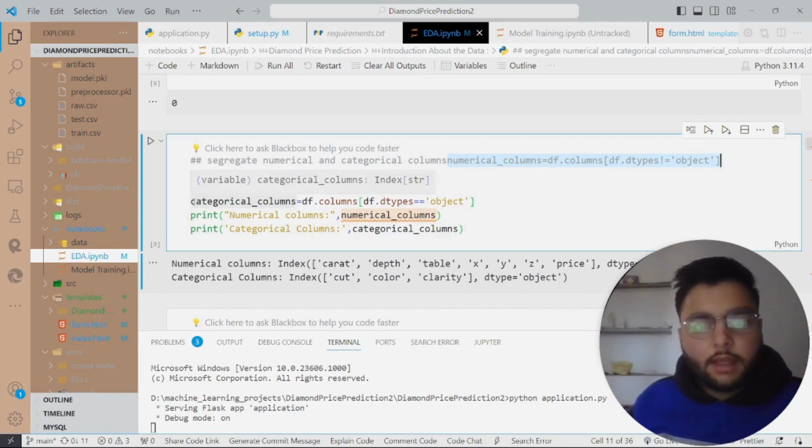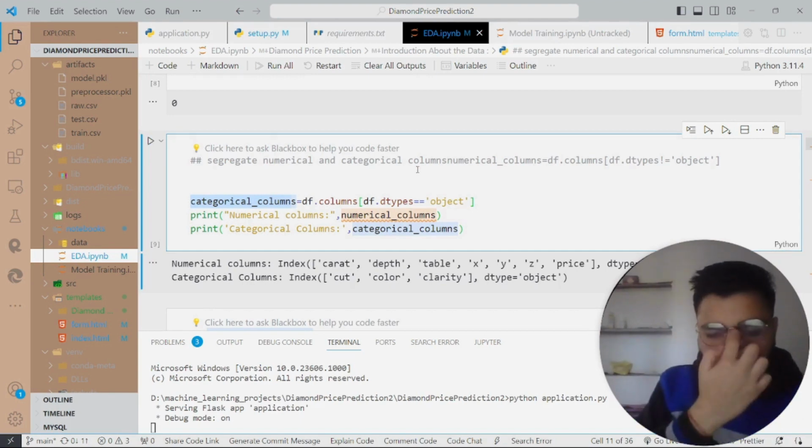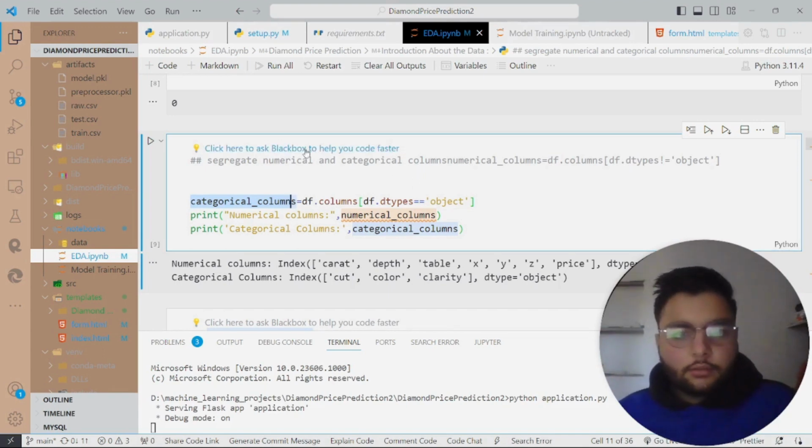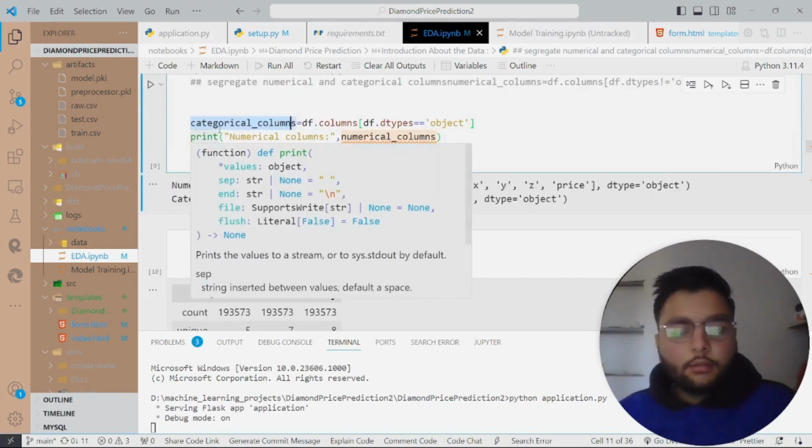After that, we have used the categorical line, which shows the categorical columns. Where the data type is equal to object, it is stored in the categorical columns. And for the numerical columns above, it was happening because we are collecting the data which does not have object type, so that was going into the numerical columns.